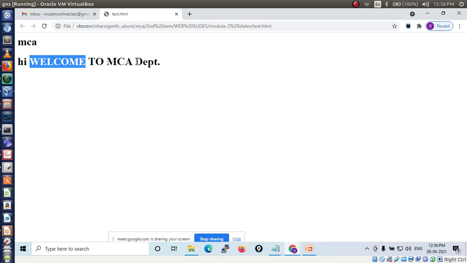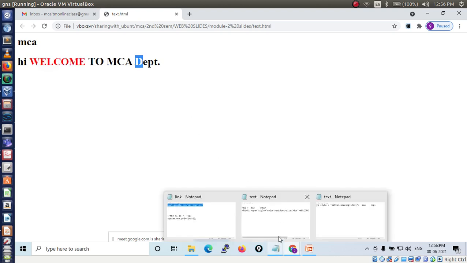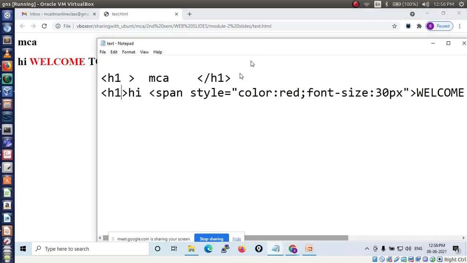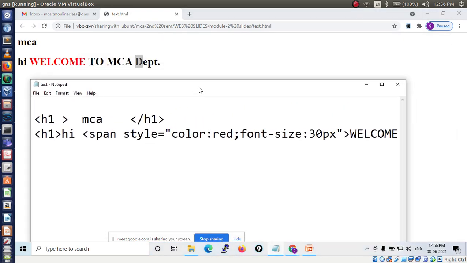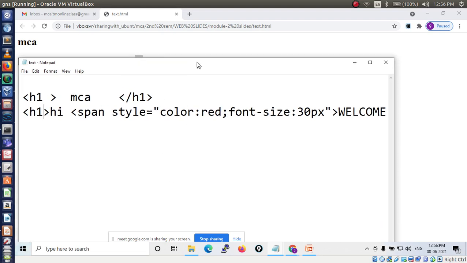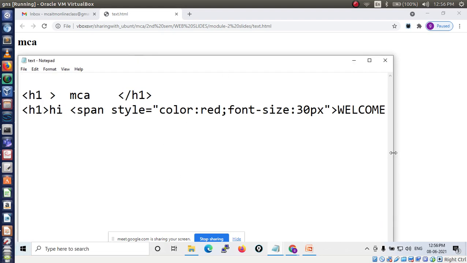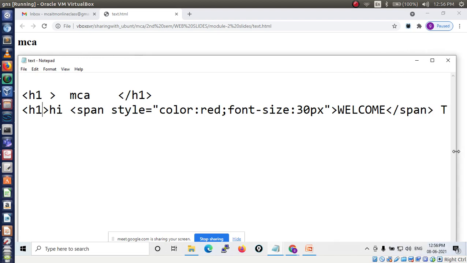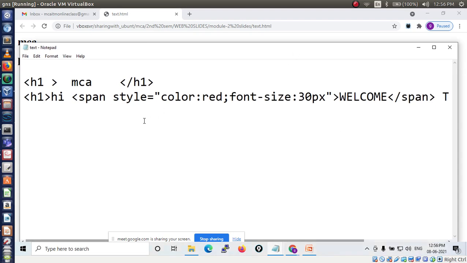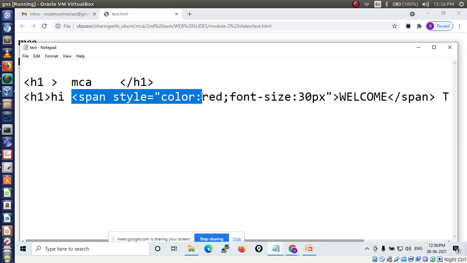Shall I make a change for D? Yes? Okay. Only I want to change D here. For that you need another span tag. So again I will copy this span style.